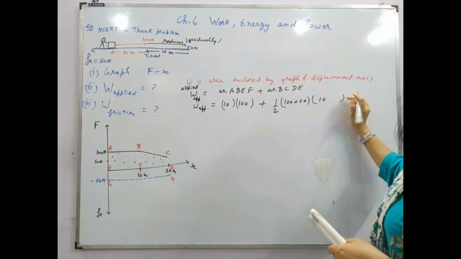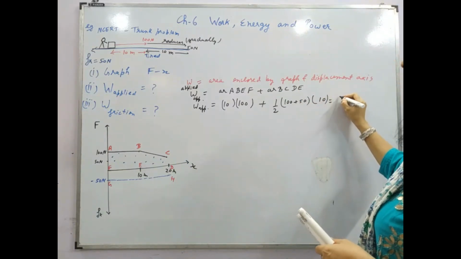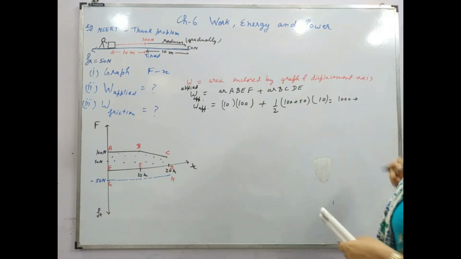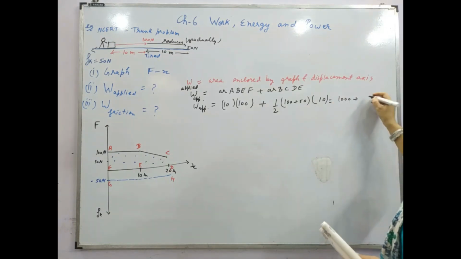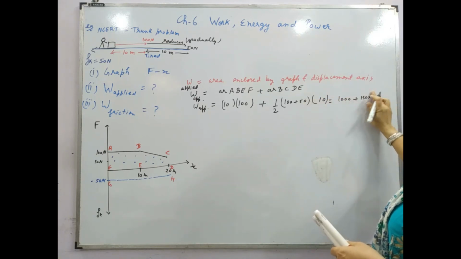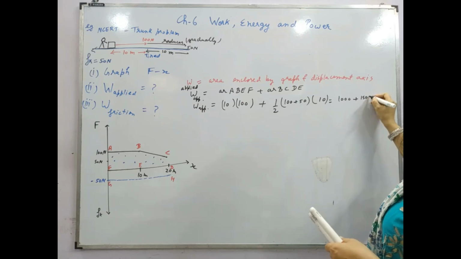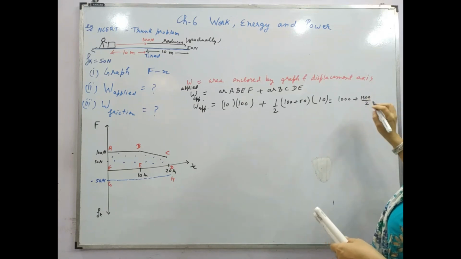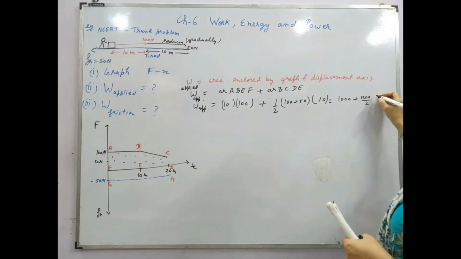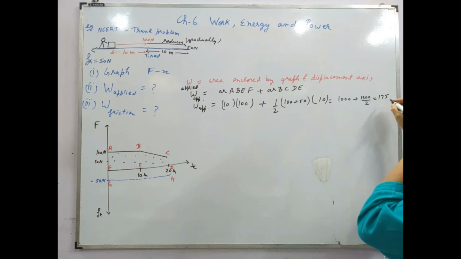So what will it be, beta? 1000 plus this is 150 into 10, that is 1500 upon 2. So this gives me 750. So this is 1750